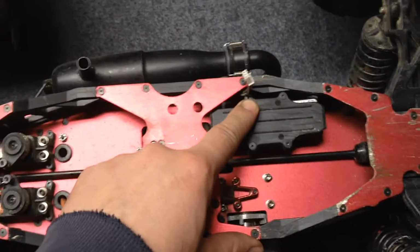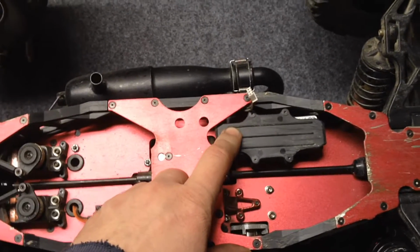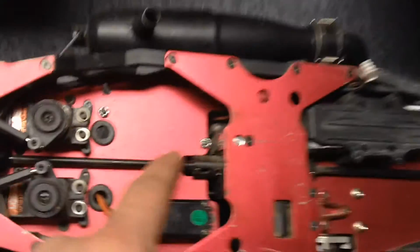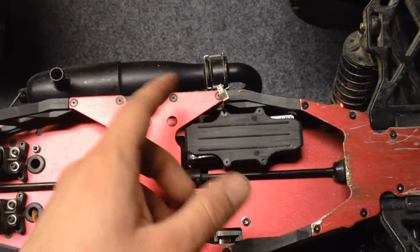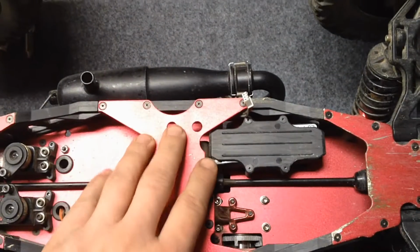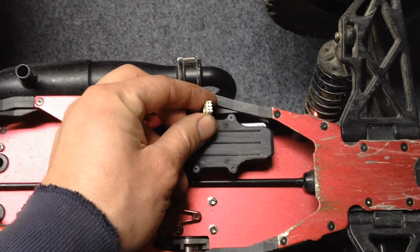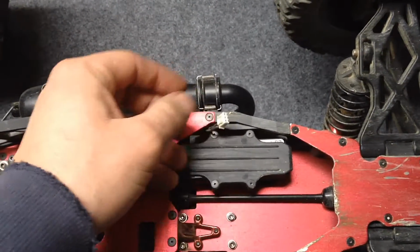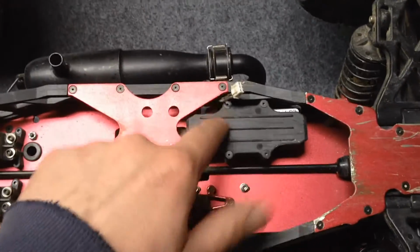This battery pack is beyond peeving me off. Being down here, you have to take it out all the time to charge it and all that stuff. And the fact that it's down here and the wire runs up and over here to power up the receiver box and all that. And then with winter coming and salt, we get salt up here obviously. There'll be some salt mixed in anywhere I drive around in the winter. That's just going to get in here and corrode the balance connector, so I can't actually balance charge it or anything like that. So then there's going to get water on the pack, and these packs aren't necessarily waterproof. So this thing is definitely getting